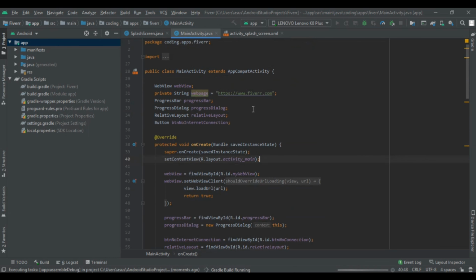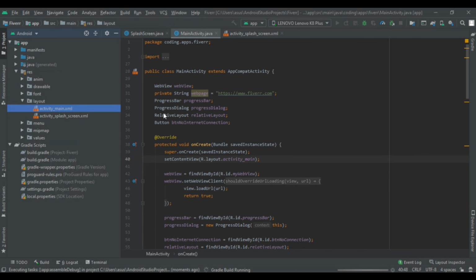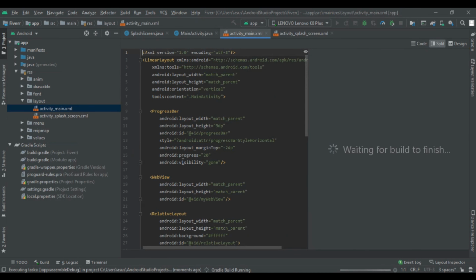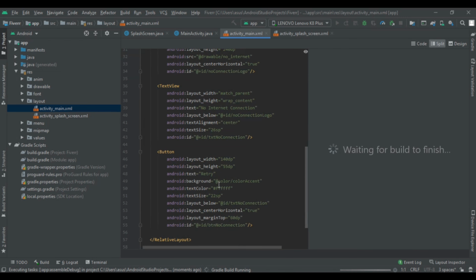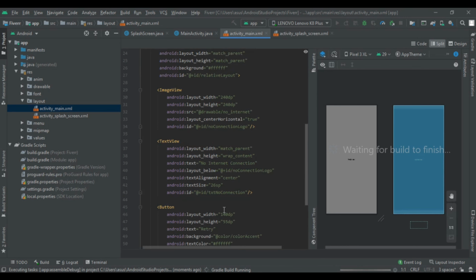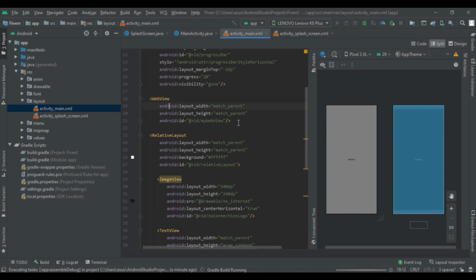So in our Android app, first of all we had created the main layout, and in that we had added the progress bar. After that we had added our WebView to our application. So here it is, WebView with match parent and given the ID.